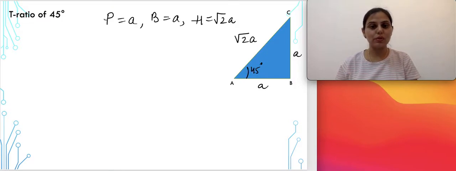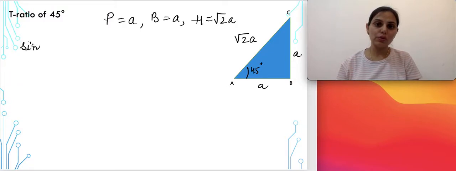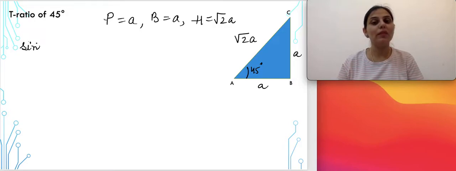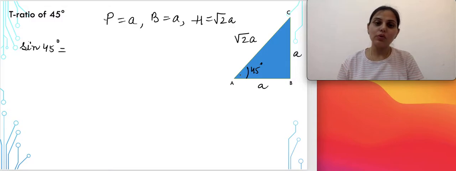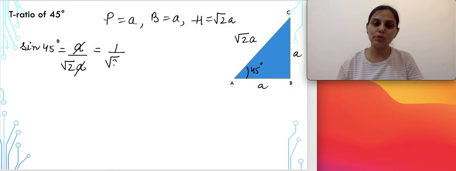So now with respect to angle A, that is 45 degree, let us calculate the value of all the t ratios. In my previous video, I had told you about the different ratios and how we calculate the value of sine, cos. I hope you have seen that video, because keeping those mnemonics in mind is very, very important to find the values. So for sine 45, the ratio will be taken for perpendicular and hypotenuse. Perpendicular and hypotenuse means A upon square root 2A. So when A and A get cancelled, the value of sine 45 will be 1 upon root 2.